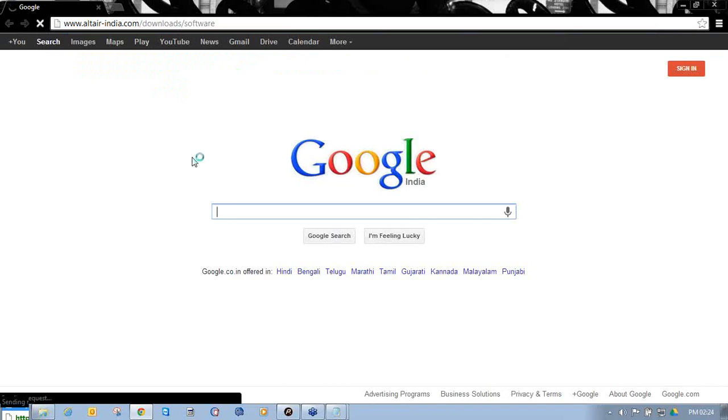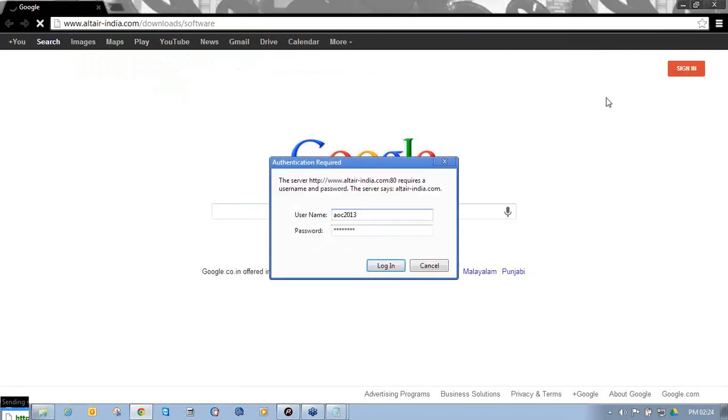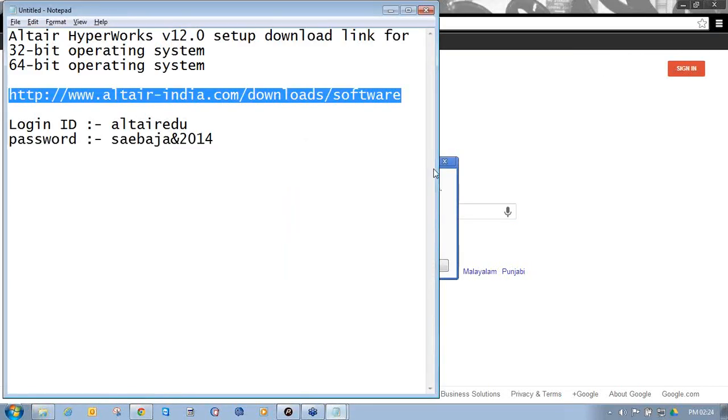Once you click enter, it will ask for a username and password to log into this site. This is a secure website for the setup downloads. This website contains the setup for 32-bit operating system and 64-bit operating system.